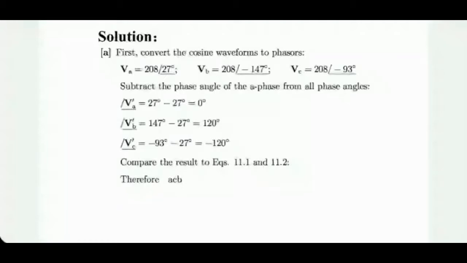Now, minus 120 degrees can be called plus 240 degrees by adding 360 degrees to it. So what you are seeing is that the progressive phase shift is plus 120 degree, not minus 120 degree. It is actually a negative phase sequence. He is calling it ACB. Fine. It is not what we normally assume. At least in my discussions, I always assume minus 120 degree and minus 240 degree phase shift for the other two voltages. But here it is actually plus 120 and plus 240. It is a negative sequence case.